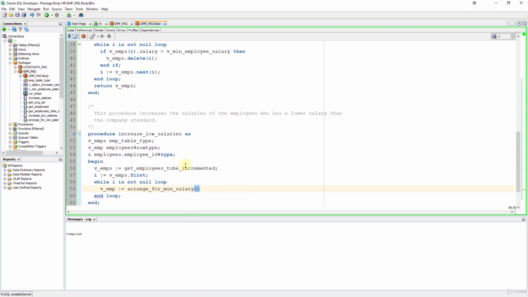And for the parameter, I send vamps with the index of I. Now we have the employee with an increased salary. So we can simply update our employees copy table using our record. As you remember, we can easily update the complete row using our record. Let me show you. Update employees copy